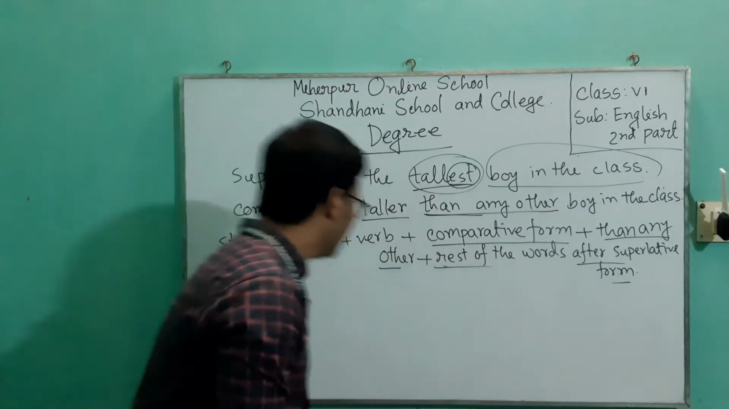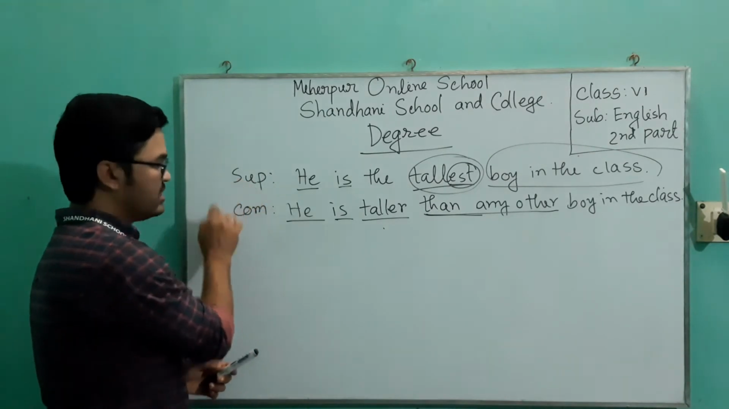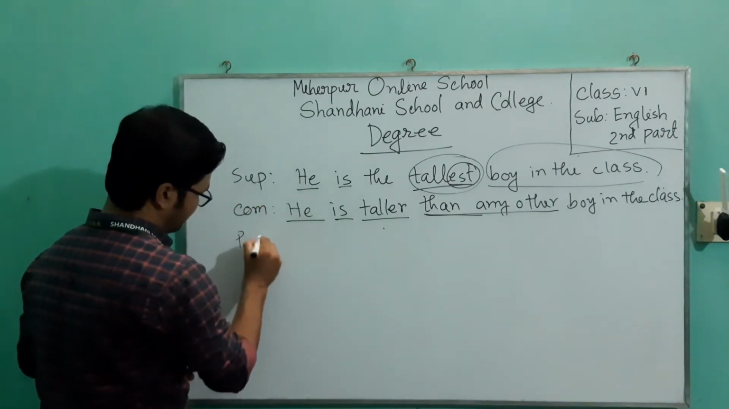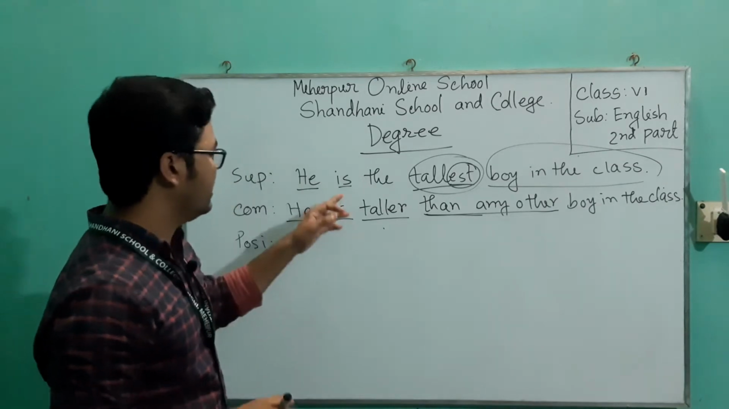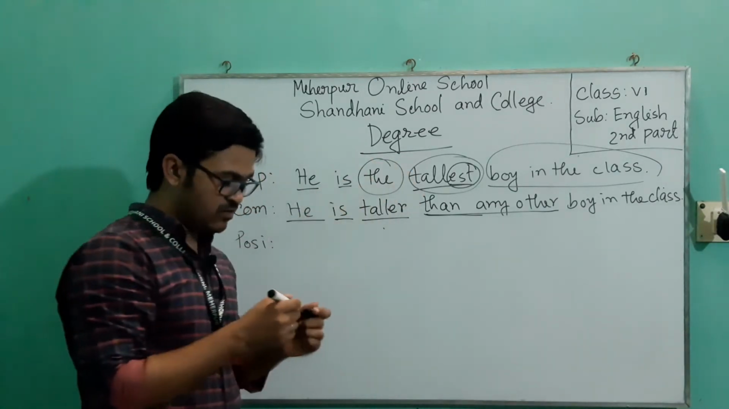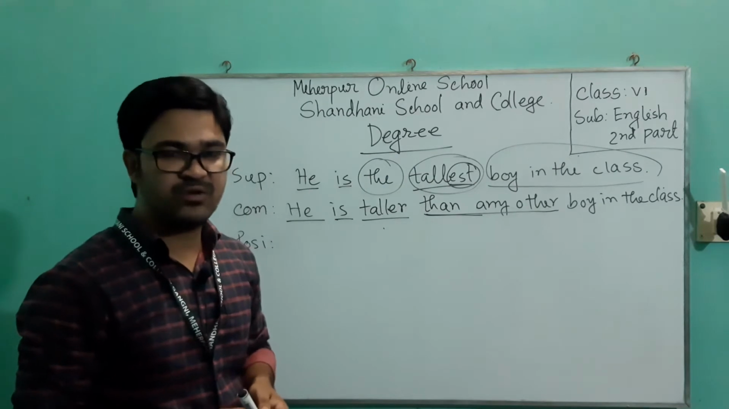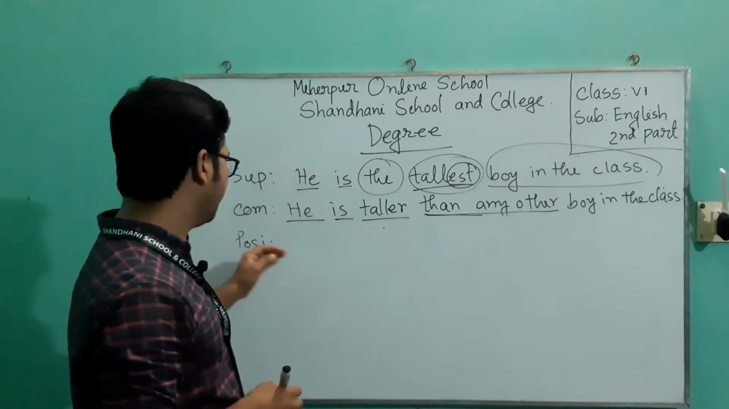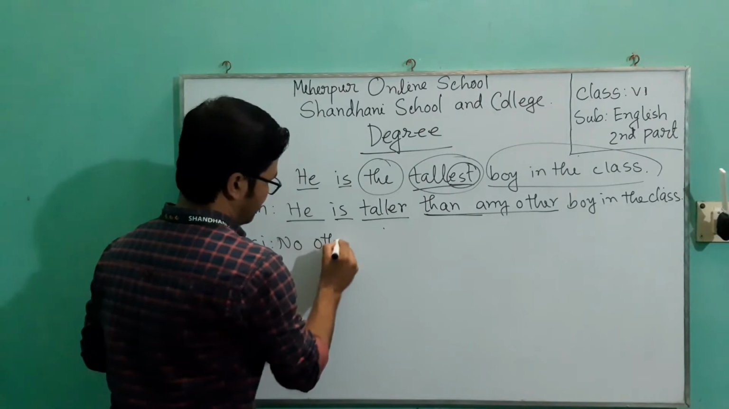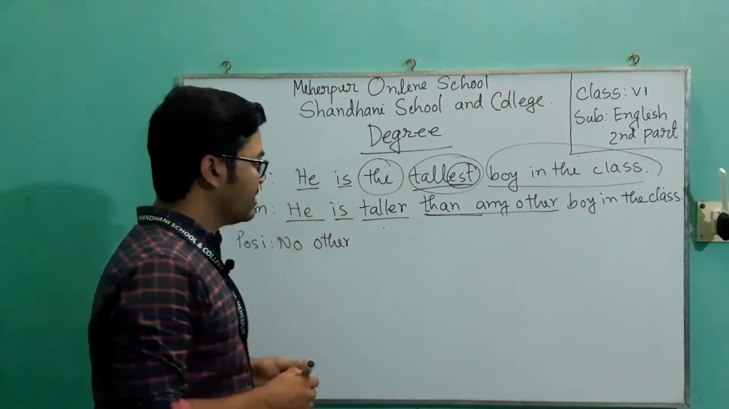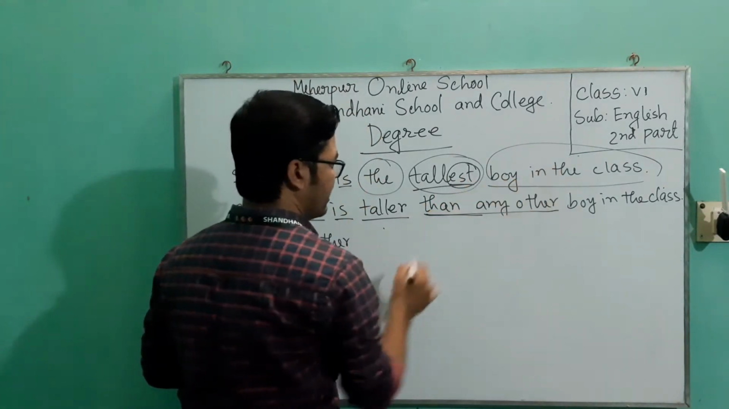Then next we will change the superlative degree into positive. Okay, at first we have to write no other. If we see in the superlative degree, we have to write no other at the starting of the positive sentence. Okay, so we have to write no other, then rest of the words of the superlative form. So boy in the class,